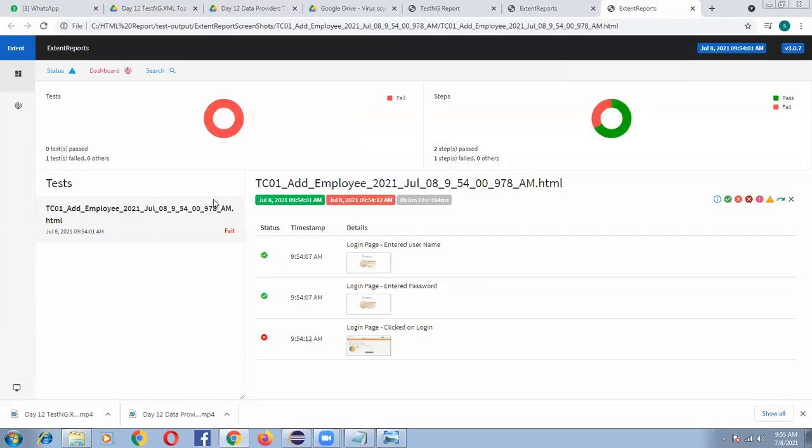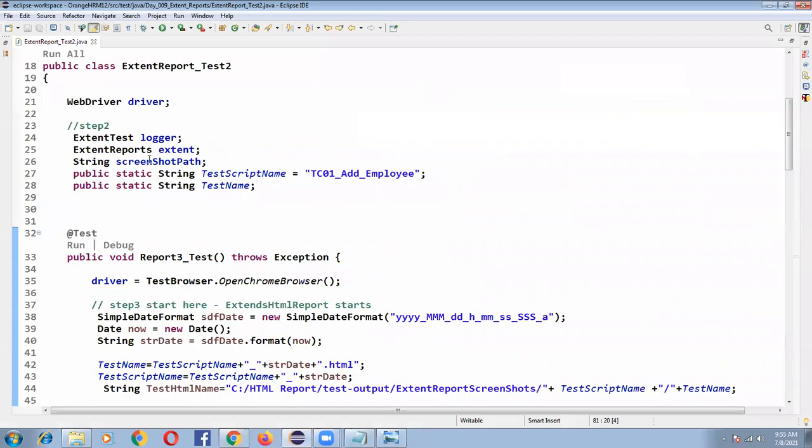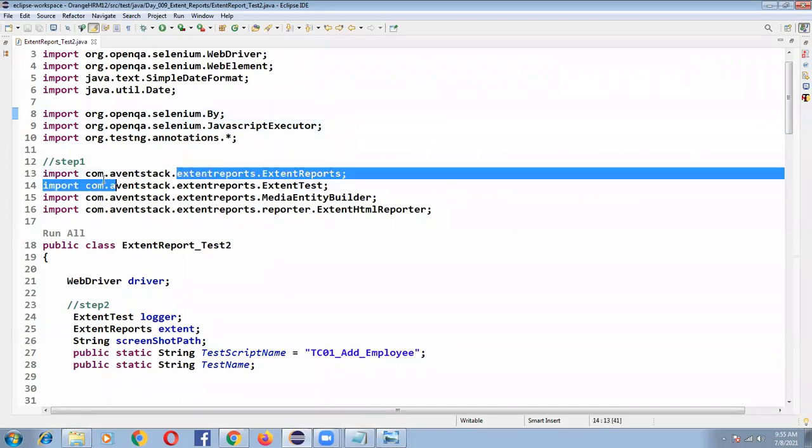The objective of reporting is that you have to capture the screenshot, execution time, and everything. This reporting part has been developed by the Avenstack team, so we are importing their supporting class files. These are not Selenium; if it were Selenium, it would be org.openqa.selenium. But here we are using some third-party supporting class files.